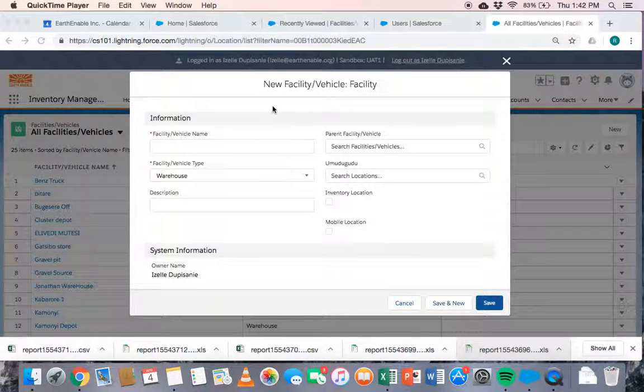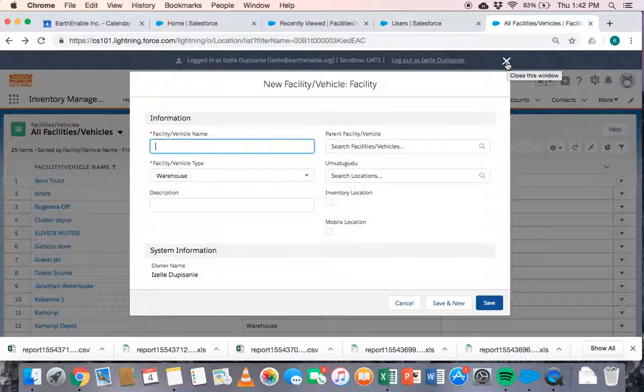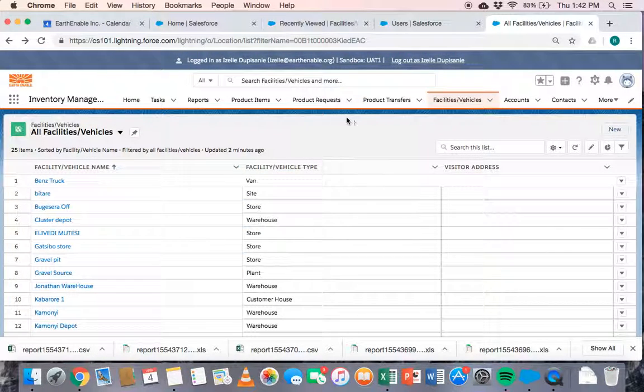Hey everyone, I'm here to give you a little instructional video on how to transfer inventory from one location to another. We in the systems department have decided to make a change to the way that we record inventory. So rather than forcing you to do product requests for every single product transfer, from now on, if you are